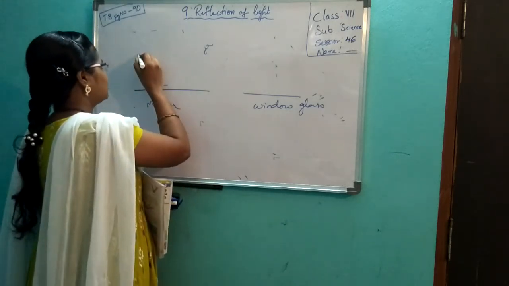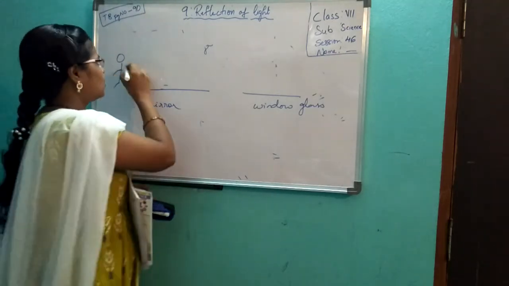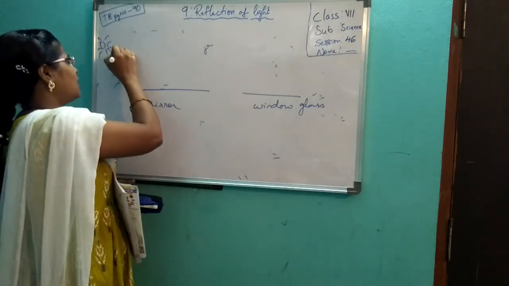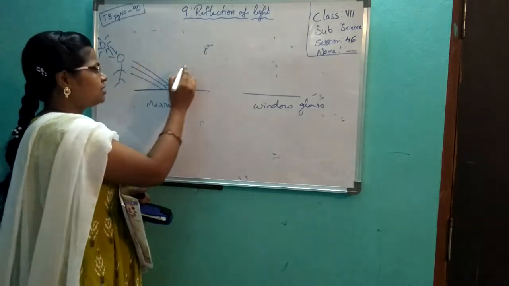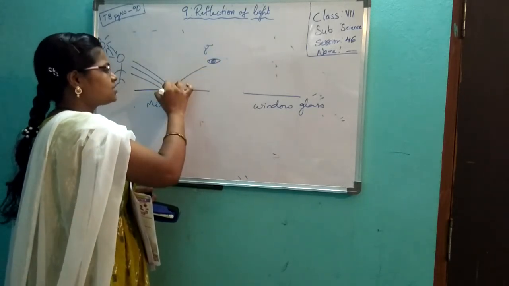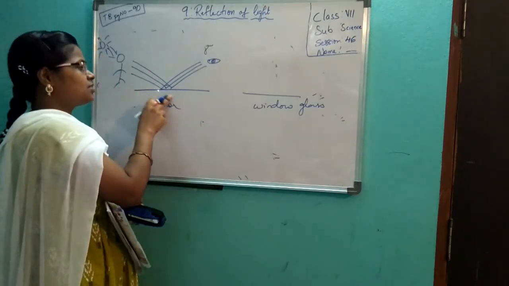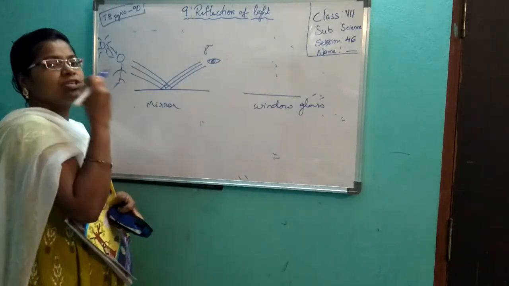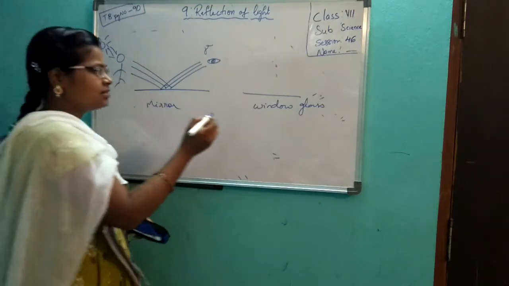Now this is a mirror. Think a person is standing here, and light is falling on him, and the light rays get reflected, they will fall on this straightly, and you are watching, they will get reflected at the same angle. See, the angle of reflection and angle of incidence are the same, so you can see the image clearly as it is. When you see your face in the mirror, the face is similar, clear, neat.